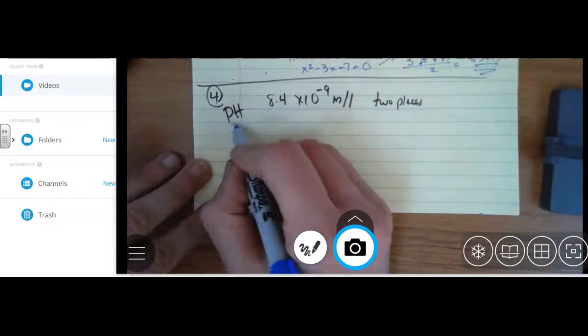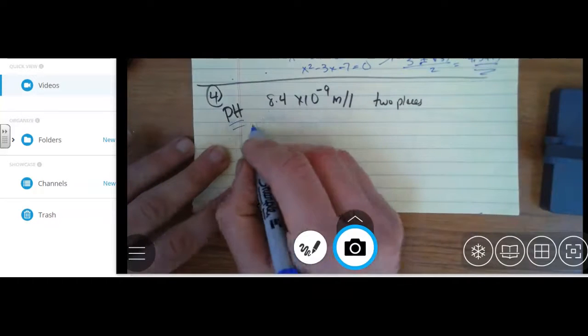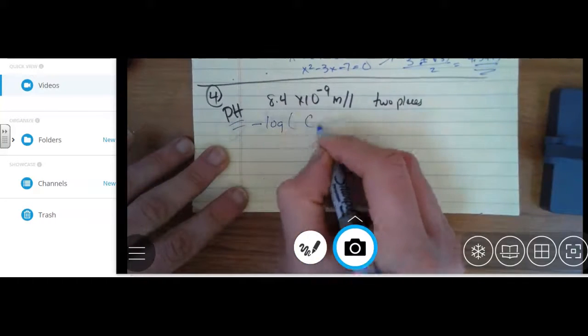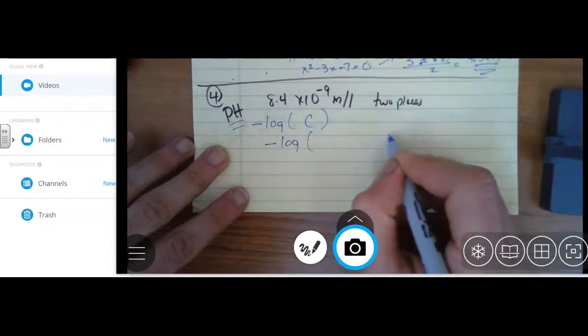Okay, they're asking for the pH of this concentration. Now for the pH of this concentration, remember it's equal to negative the log of whatever the concentration is. So therefore it's going to be negative the log of this. Now this is going to be